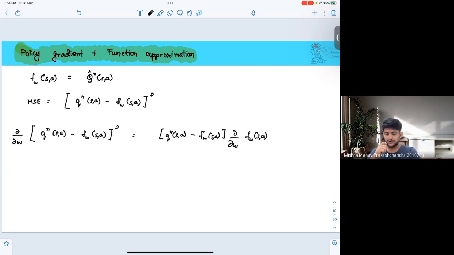Now, I want to show the consistency for this particular equation. So this particular derivative should satisfy this equation in order to show the convergence of the value function, right? So it should satisfy this consistency equation, which is,